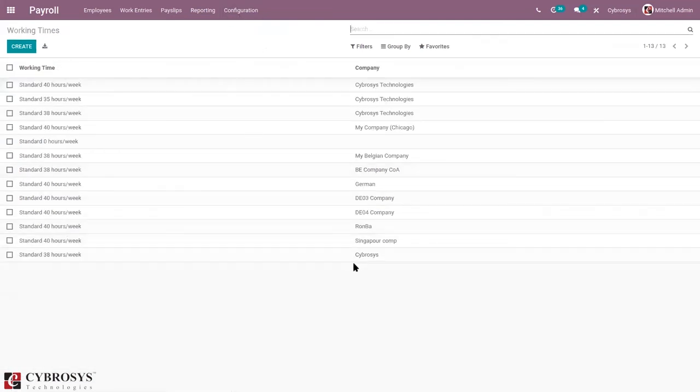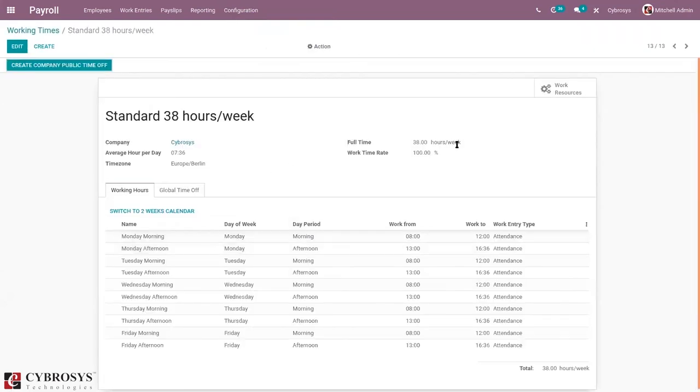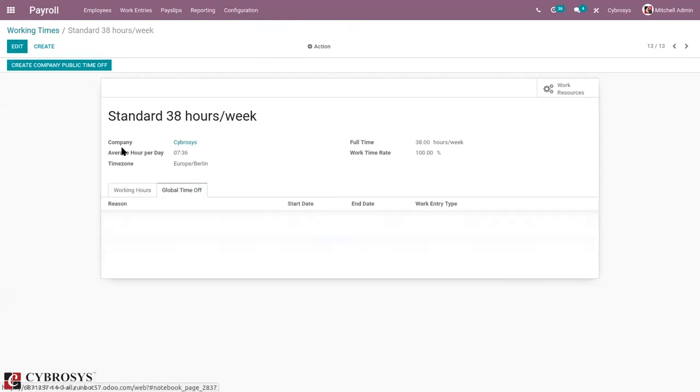Okay. And then for a company, you can see work time is set as 38 hours per week. Here we can add the working hours. Some working hours are already added as shifts, and you can edit this or add additional working hours and global time off.